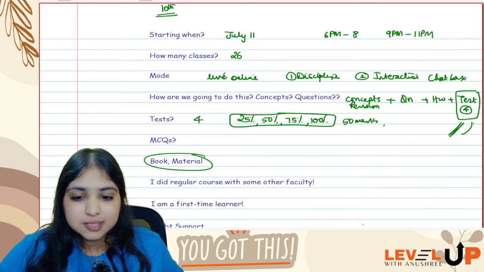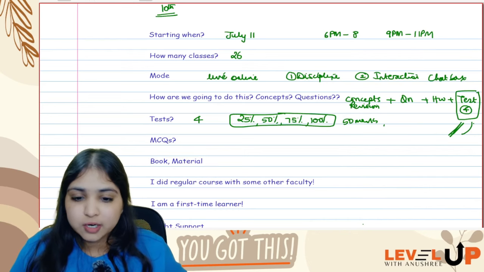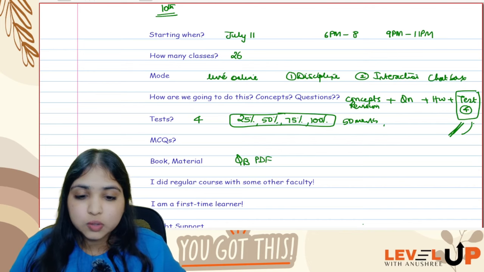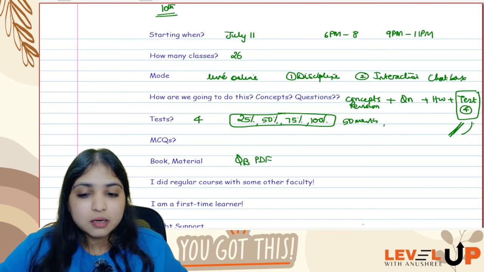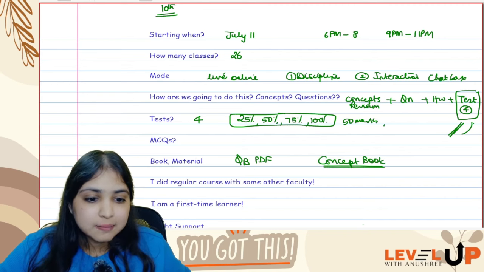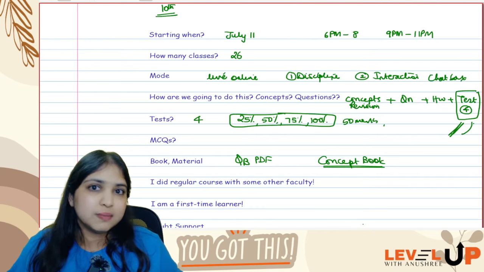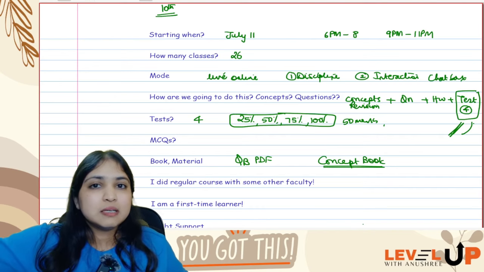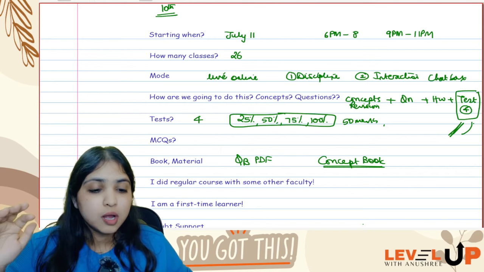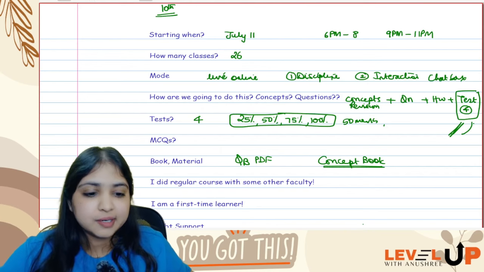Then about books and material, you will be getting 2 things, alright. Number 1, you will be getting the question bank PDF, which is printable. You can print the question bank. And number 2, the concept book. Now the concept book is something which I am really proud about. This is something which I launched just before the May 2025 exam. Basically the May 25 students got this as an ebook, and now I've printed it and it's going to be